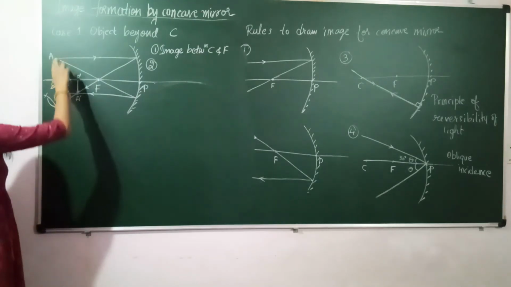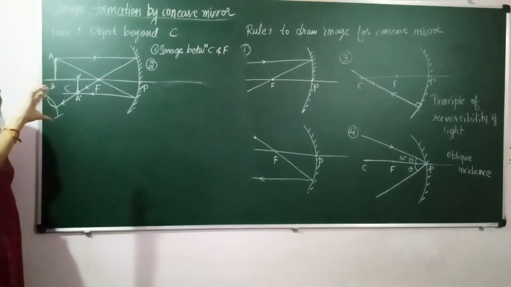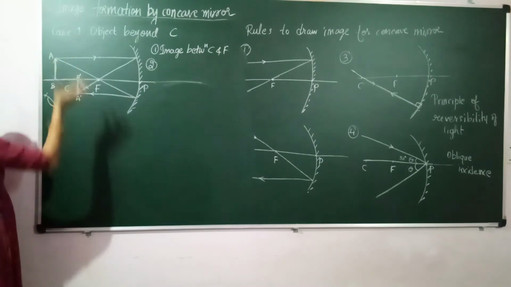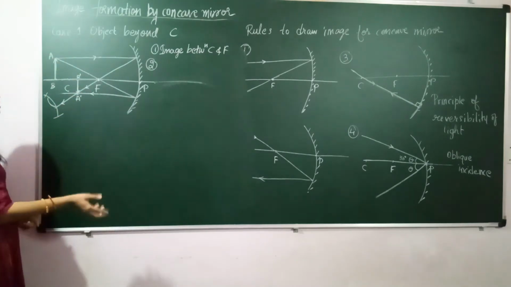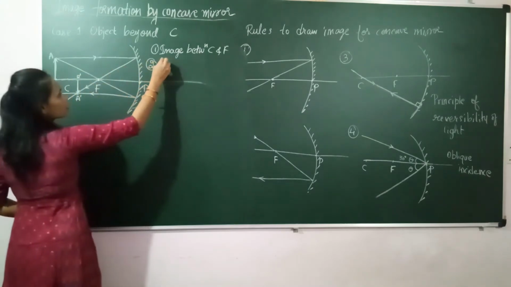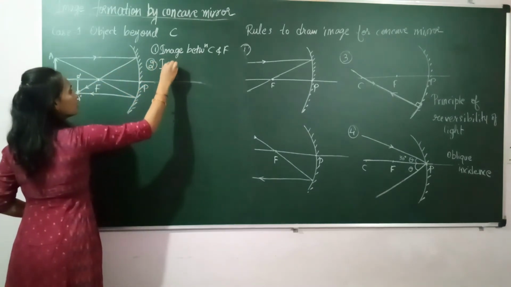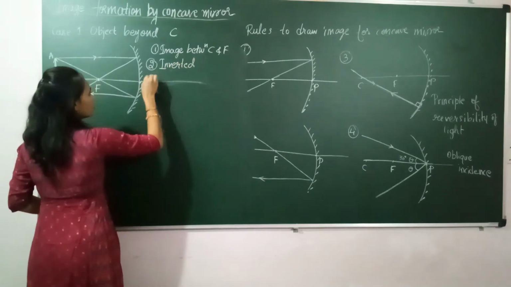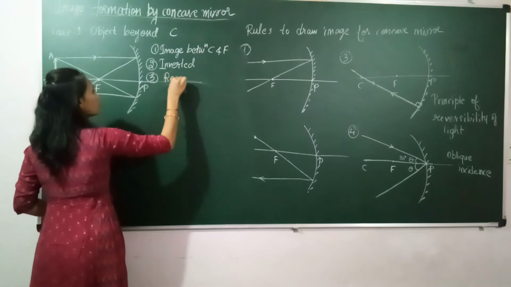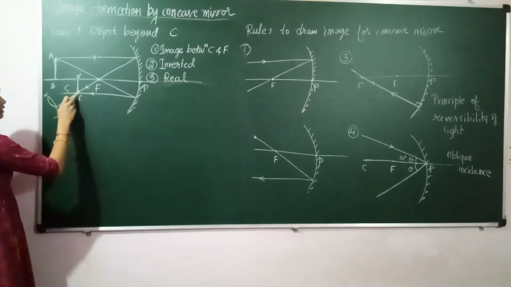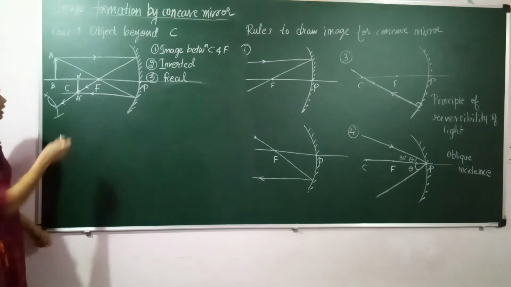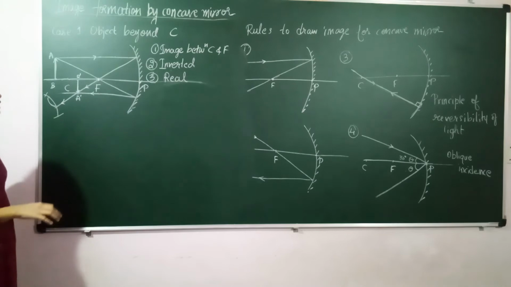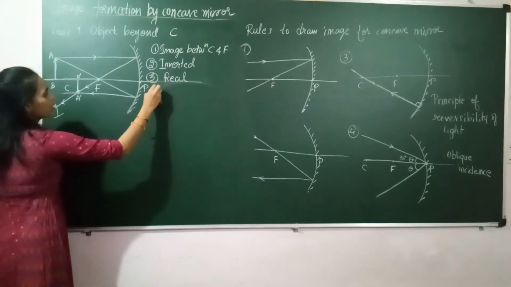Second, we will write whether the image is erect or inverted. Now see here, this object which is upright, means straight, in the upward direction, we call it erect. If we are getting the reverse, means an inverted image, we will call it inverted. So the image is inverted. Always, inverted images are real. So we will write it as a real image is formed, because here the rays are actually intersecting, we are not extending the rays. Here the two rays are actually meeting. When two rays actually meet, we call it a real image. So here in this case we are getting a real image.